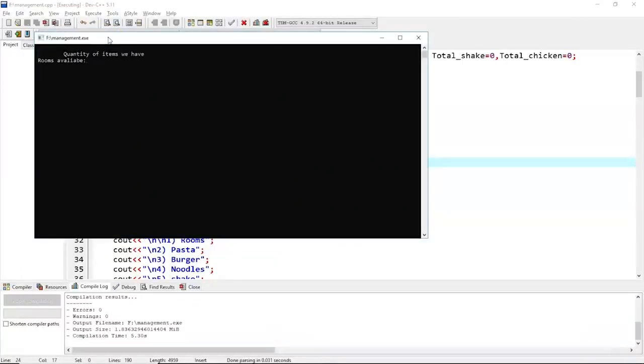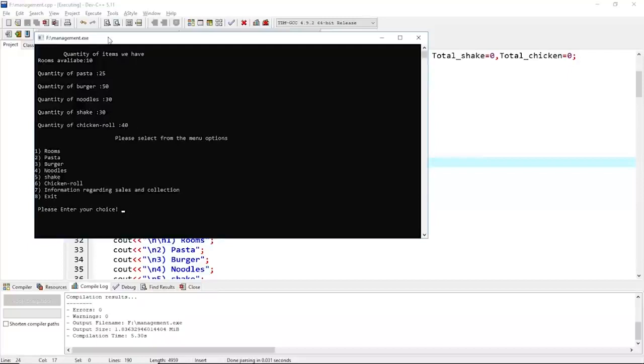So quantity of items we have, as we can see. So rooms available, let's say we have 10 rooms. And quantity of pasta, we have 25 pastas in our hotel, and around 50 burgers, and 30 noodles, and 30 shakes. Chicken roll we have 40. So this is the menu. Please select from the menu options. As we can see, first rooms, then pasta, burger, noodles, shake, chicken roll, information regarding sales and collection, and then